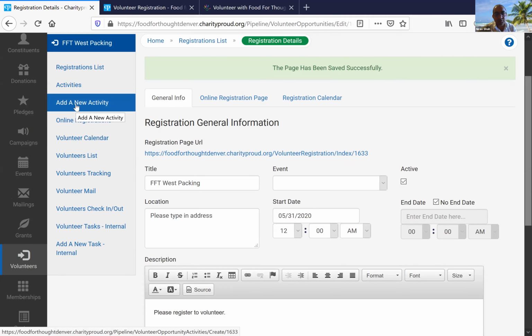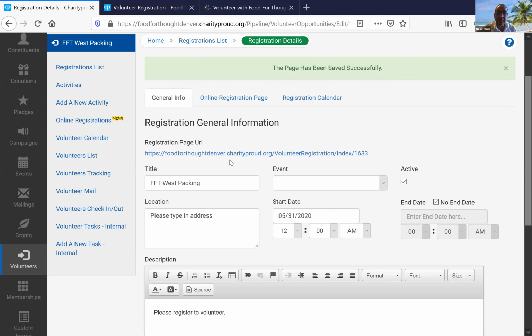Okay. So each Friday we have 3 activities. We have a setup crew, packing crew, and trucking crew at each location, right? So that each of these registrations will have 3 activities. Okay. So we go to add a new activity,